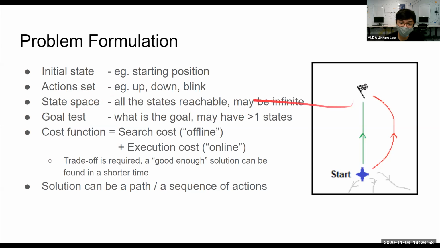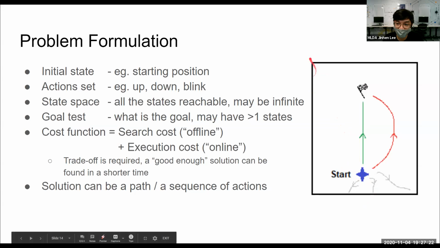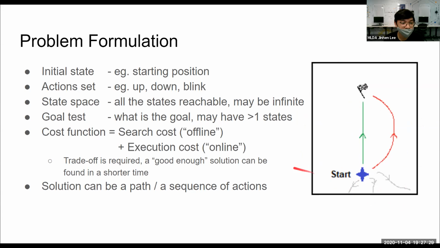So this one might be infinite in the case of a very large number in, like, a real-life self-driving car scenario. But let's say I put this box as my so-called virtual environment. In that sense, this box will be a finite state space because the agent over here will not go out of the box. So this whole box is my state space, or where the agent can be. And goal test, what is the goal?